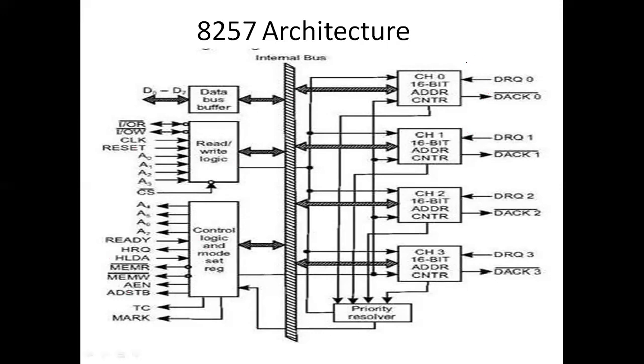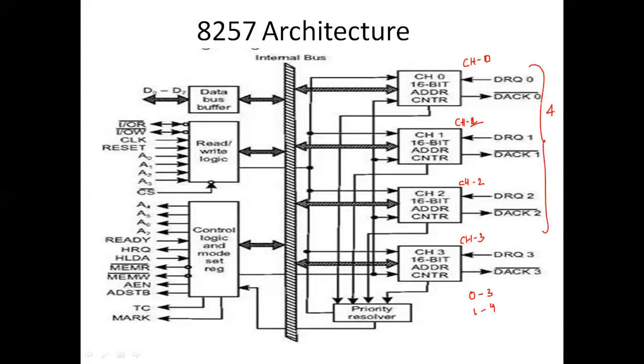These four. This is channel 1, this is channel 2, or else we can say it as 0, 1. This is channel 2, and this is channel 3. We can say it as 0 to 3 or 1 to 4 channels. So here these are 4 channels.